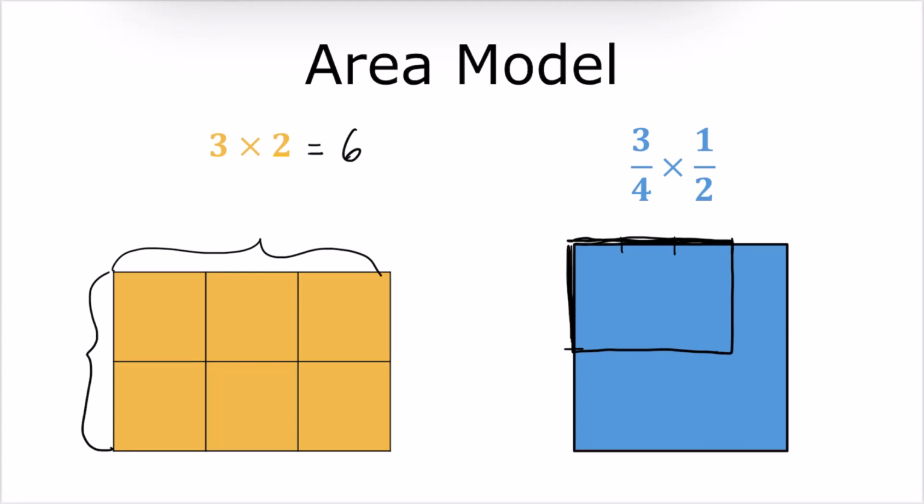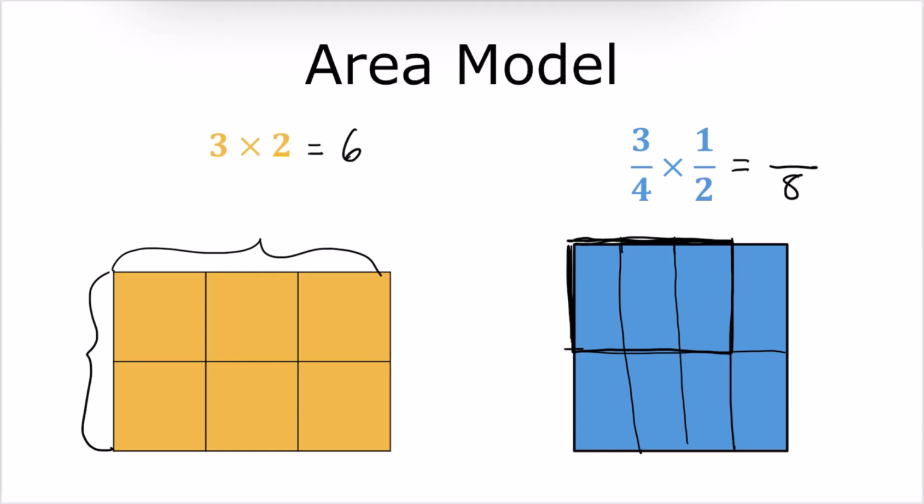So the way that we figure out how many square units are in this rectangle, which is going to be a fraction because it's smaller than the whole square unit, is we just basically extend these lines here. And we say, okay, well, if I split up the whole rectangle into fourths, and then I split up the rectangle into halves, these little rectangles are eighths of the rectangle because we have 4 columns of 2 rows. And so that's why you multiply the denominators together to get 8, because there's 8 of these rectangles within